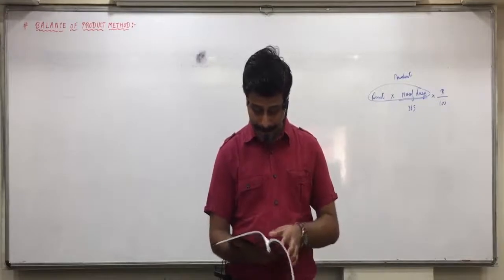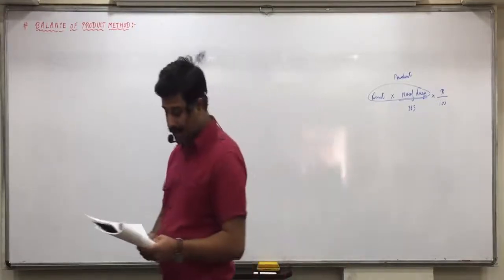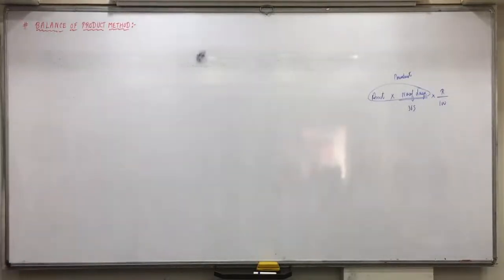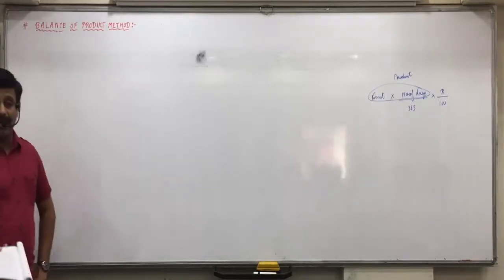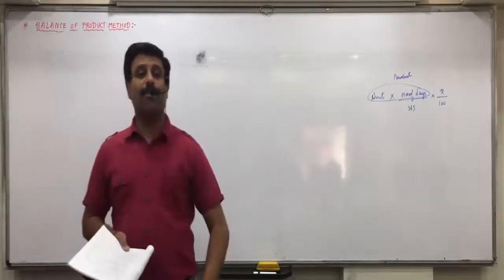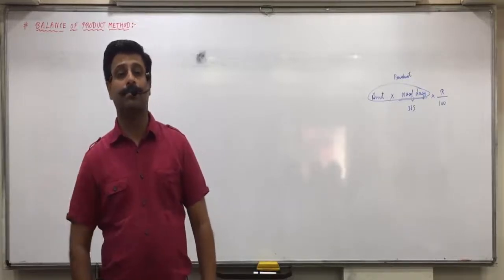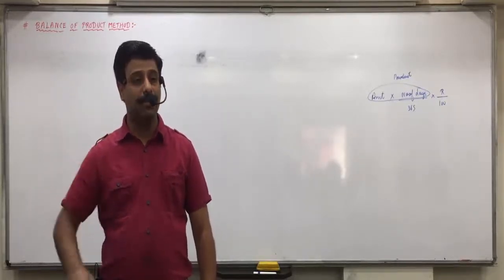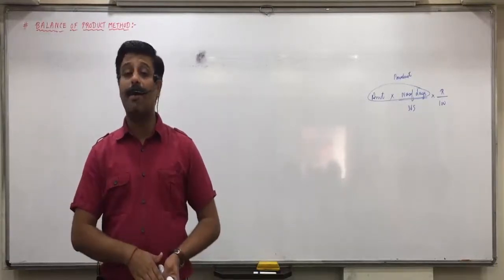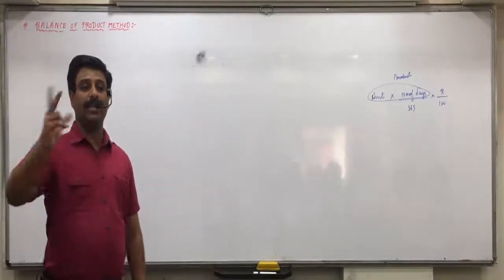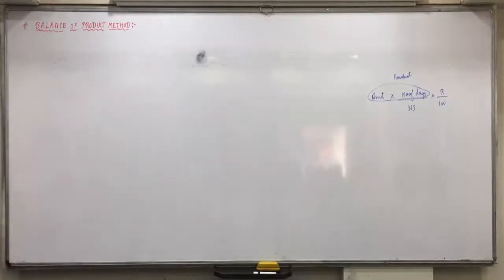So look at page number 75, question number 6: balance of product method. Do you find it? So I am solving this question. In the last lecture we solved one question by the individual transaction method and two questions by the individual transaction method. I want to repeat that by the balance of product method. Reason: the answer should come the same. You verify whether the final answer by that method also comes the same or not. And this question which we are doing by the balance of product method, you repeat by the individual transaction interest method, and again verify whether the answer comes the same or not. Got it, everyone? So look at question 6.